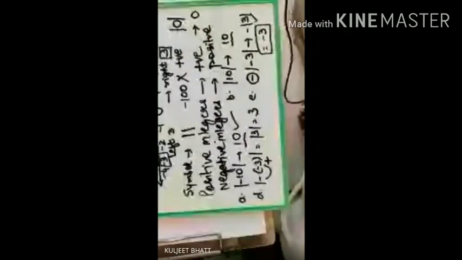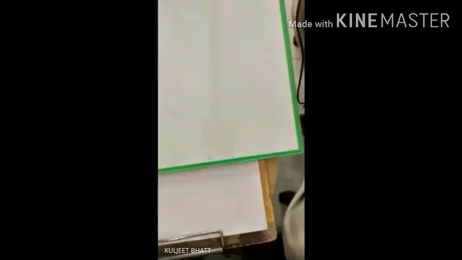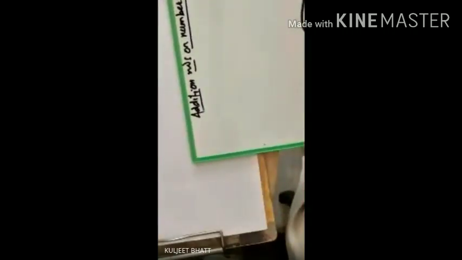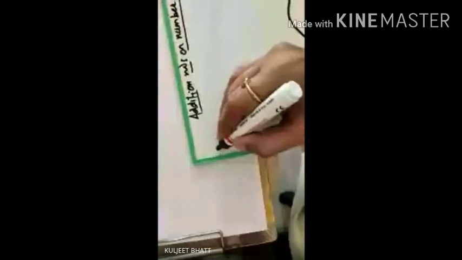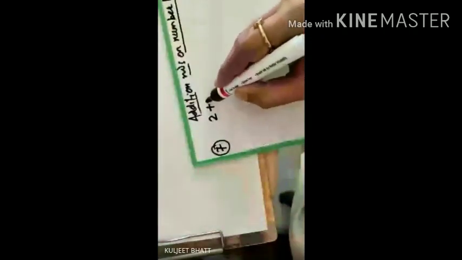Okay. Now we jump on to addition of integers using a number line. So each one of you come down to page number 65. Example number 7. You can all have your eyes on example number 7. Addition of numbers on the number line. Okay. Now we start with example 7. Example 7 is simple. 2 plus 3.